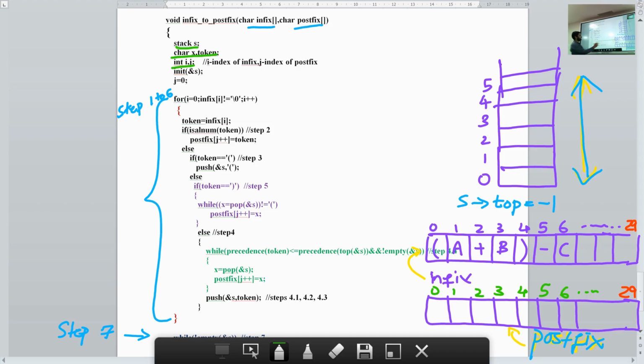Integer i will be used to index the infix array, integer j will be used to index the postfix array. I initialize my stack. That means this is my initialization. I have to initialize the top value equal to -1. I have already shown you this function. I call the init function and initialize top to -1.